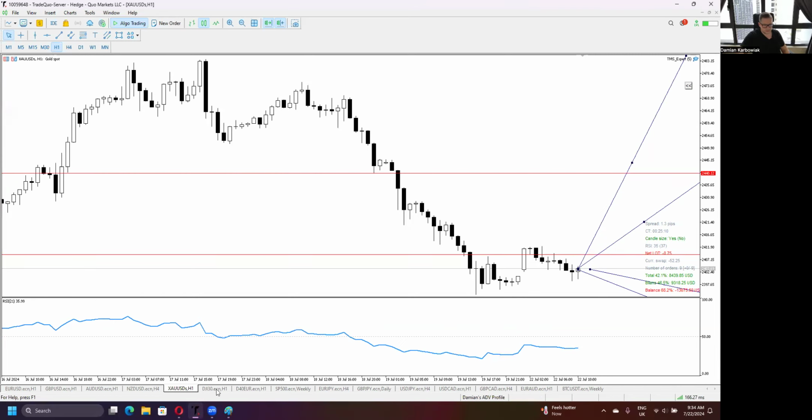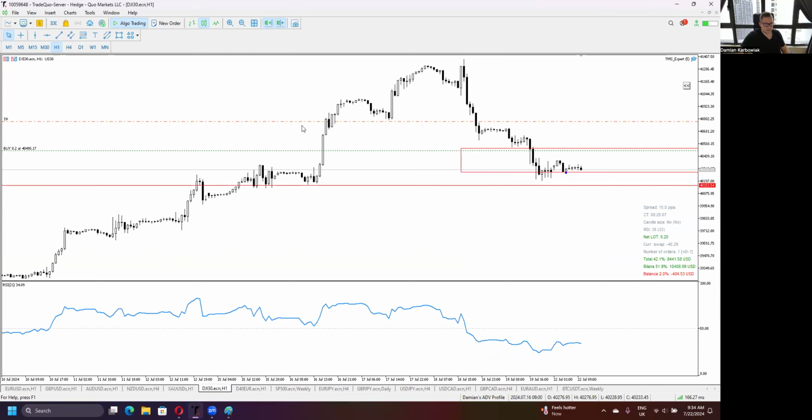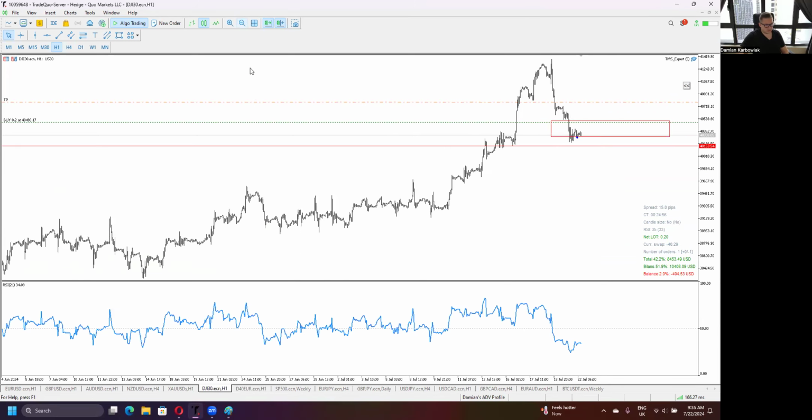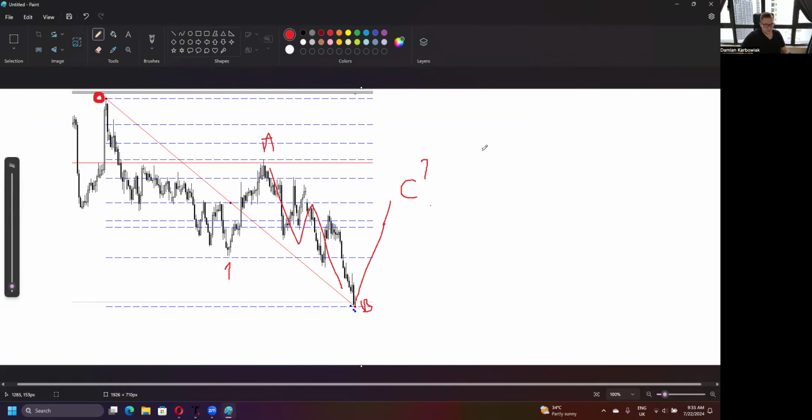Indices, Dow Jones. After Dow Jones touched the one-to-one zone and created a candle formation, I made the decision to slowly come back to the market with a super small position, which is 0.2. I told you that I reduced the volume on Dow Jones. I'm playing 0.1